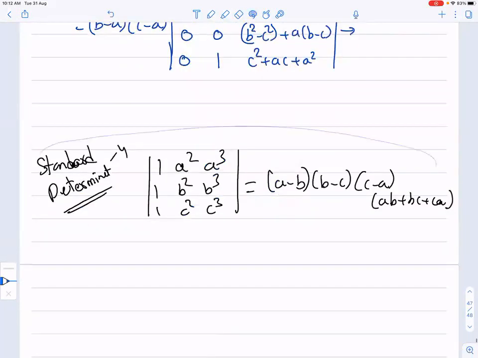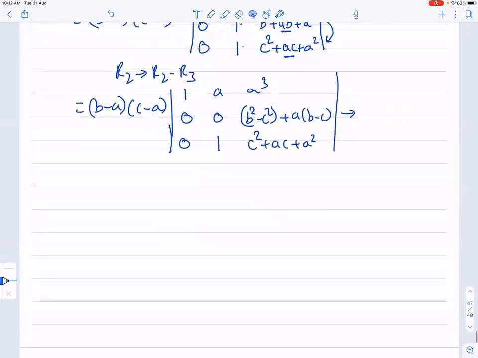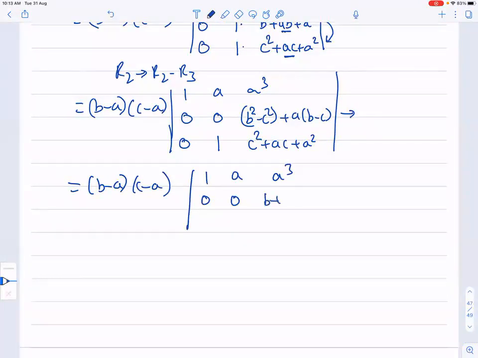So I'm going to do that. I'll take b minus c common. I'll get b minus a, c minus a, 1, a cube, 0, 0. Here b minus c is gone, so b plus c plus a remains. 0, 1, c square plus ac plus a square. Now I have two zeros at multiple places. So I will open with respect to